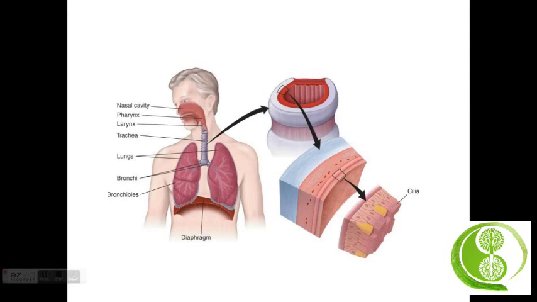Then we have the lungs. The left and right lungs are separated by a section of the thoracic cavity that holds the heart and the large blood vessels, and is called the mediastinum. The tops of the lungs are just inferior to the clavicles, so just below the clavicles, and the bottoms rest